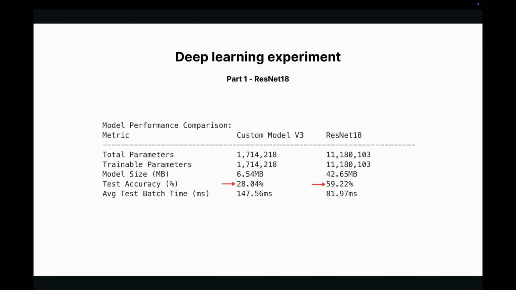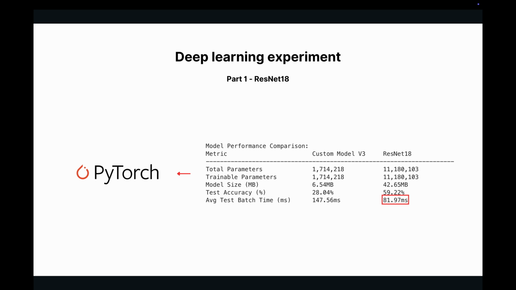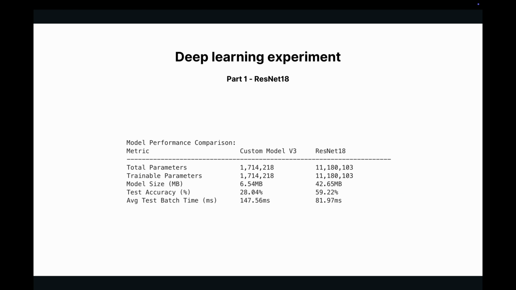Even with double accuracy and more parameters, the inference time is much lower than EmotionNet V3. This is because of the highly computationally efficient optimizations made in the ResNet architecture. There might also be some library level optimizations in PyTorch that weren't applied on custom trained models. This proves that a model with more parameters may not be slower to infer, because the operations and computational cost